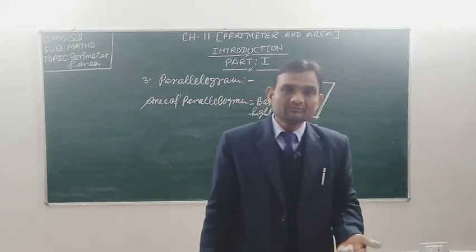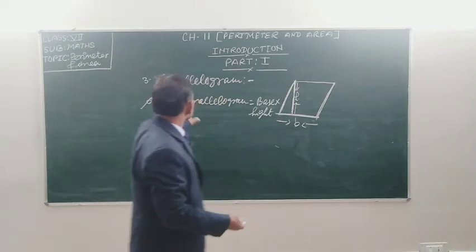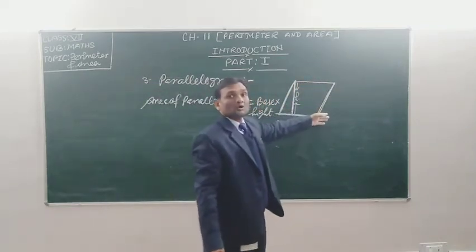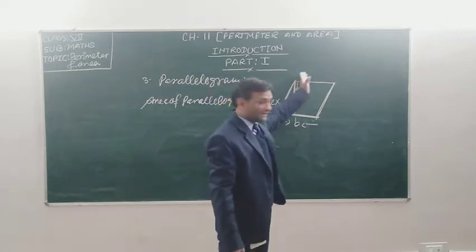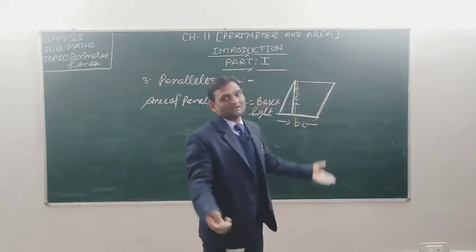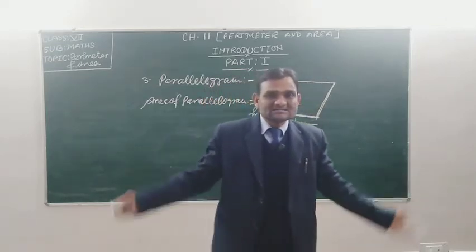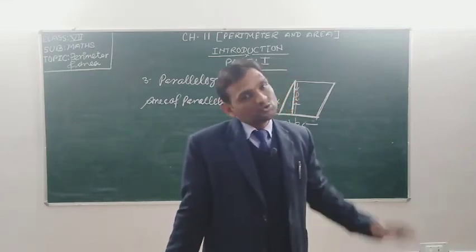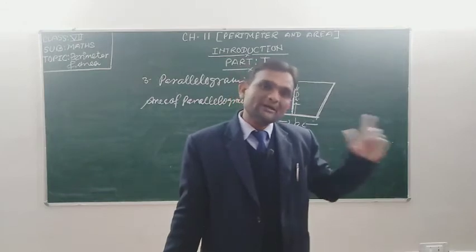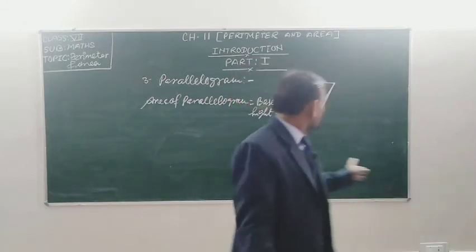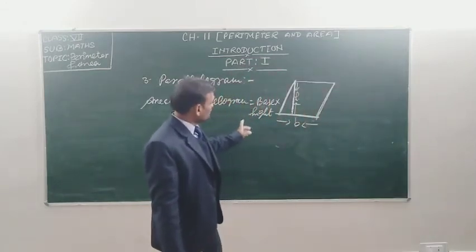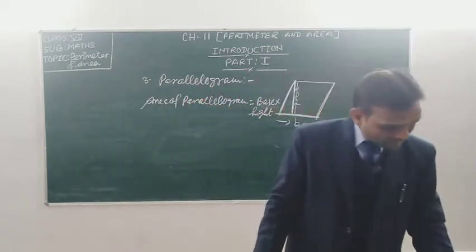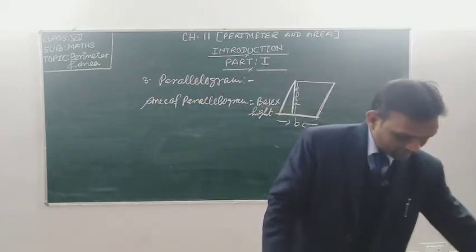It's okay, student? So I hope, student, you have understood. But if you need to find the perimeter of the parallelogram, you can take the sum of all sides, so you can easily find the perimeter of the parallelogram. So for finding the area, you will use the formula base into height. Next figure I am taking, student, triangle.